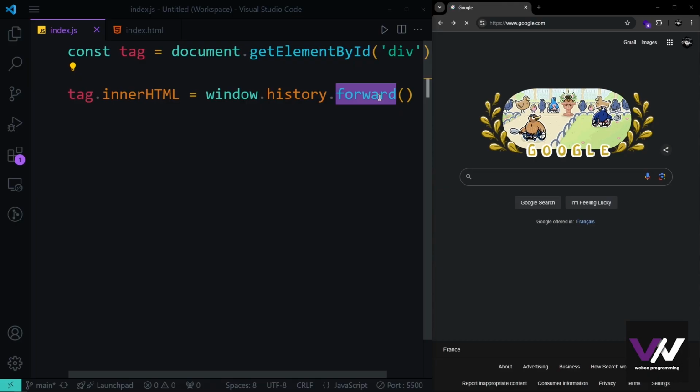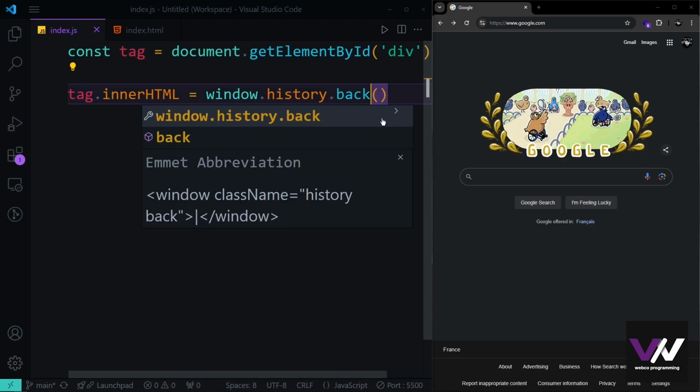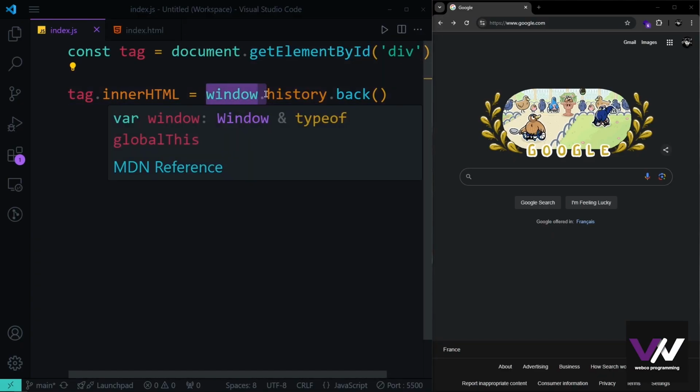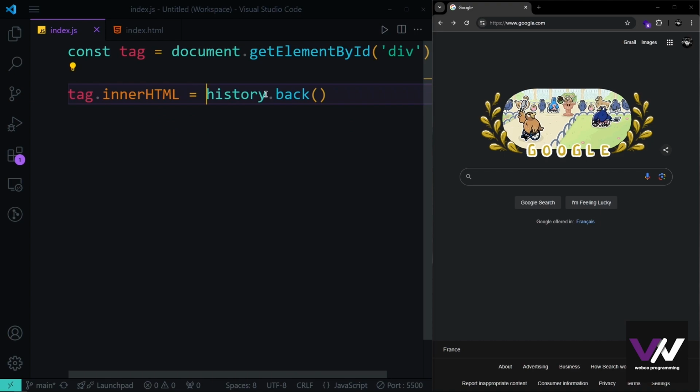And just like this, we have this back method, which, if we use it, works like this button right here. And again, this can be used without the window object at the first. After this, we're going to talk about our